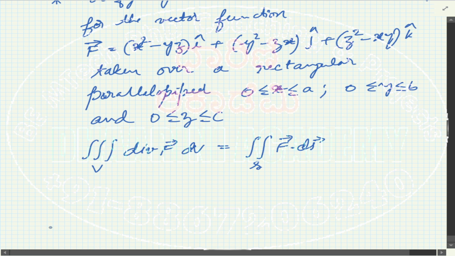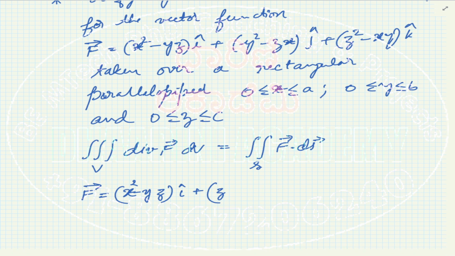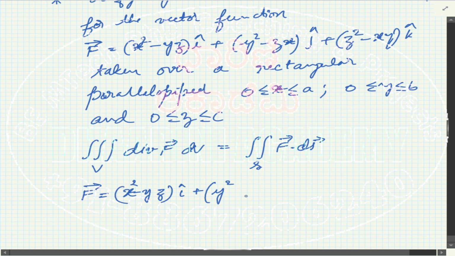So f is already given, right? Let's write the f. So what is the f? This is x square minus yz into i cap plus y square minus zx into j cap, then we have plus z square minus xy into k cap. So we can see that this is the given